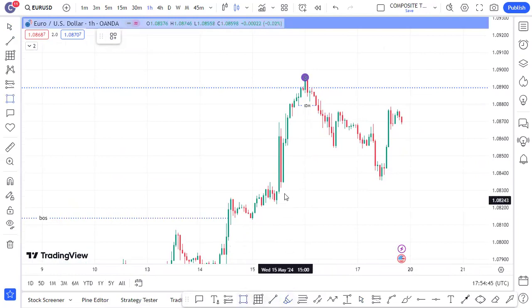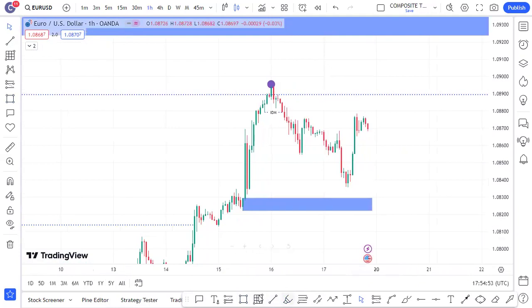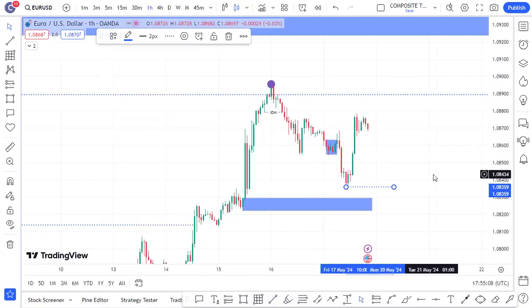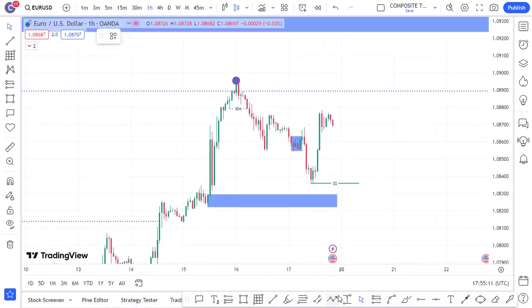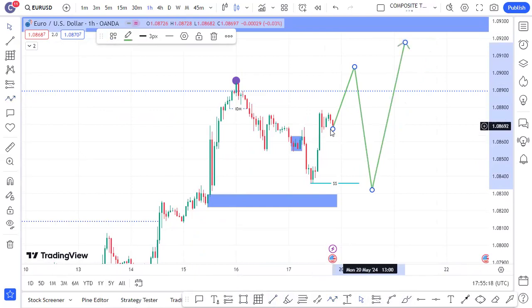Now, where's your point of interest? This is your demand. This is your corrected demand here. Supposed to buy here, but the market failed to buy here, and it tried to push to the upside. So right now, the last liquidity zone is here, last box is there, and where the market is right now, it's not a good zone to buy from, so I'll tend to stay away until this low is taken out. This is the liquidity low that must be taken out, at least for me to be confident to take this entry, or else go above, break this high, come take out this low, and I can go along with this one. At least that's what I want to see tomorrow or Tuesday.